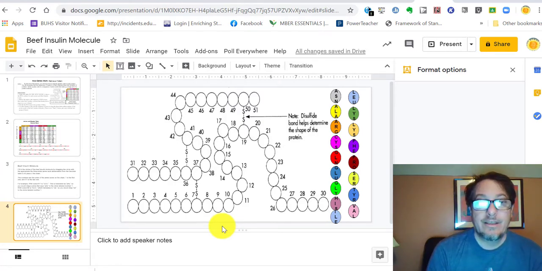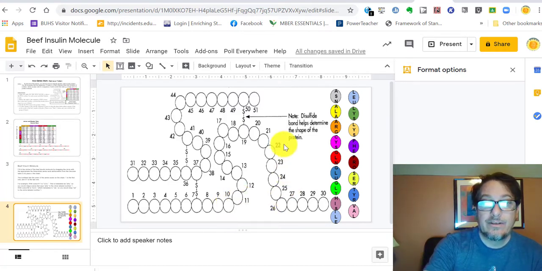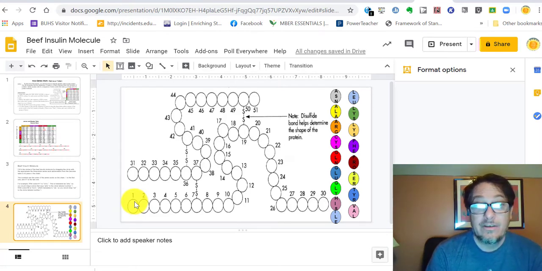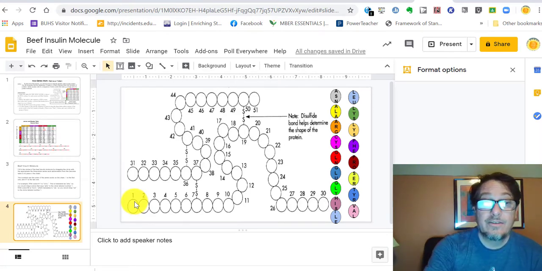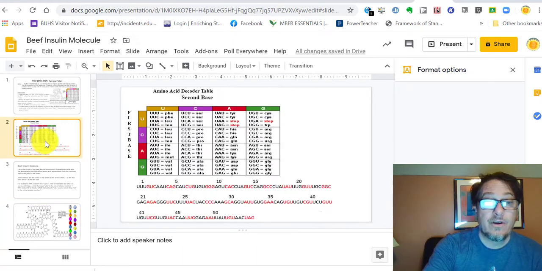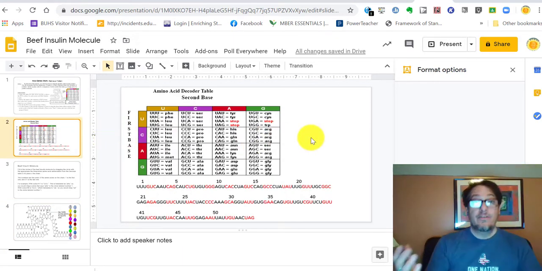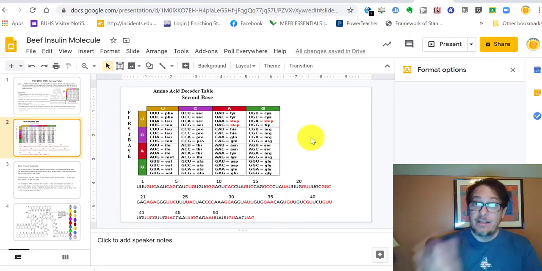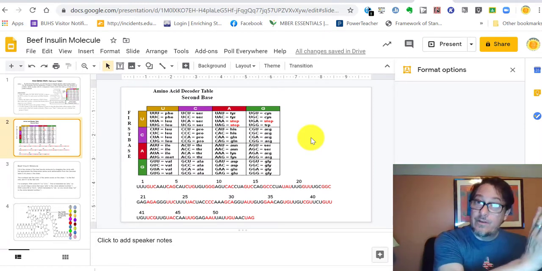And the protein is made of amino acids, and you can see here that these are all the amino acids that are in the protein. We'll get to how to use those in just a minute to put them into these circles. But the thing that you need to know how to do in order to do this is to decode the messenger RNA. So the gene has DNA in the chromosome, in the nucleus, but then a photocopy of the gene